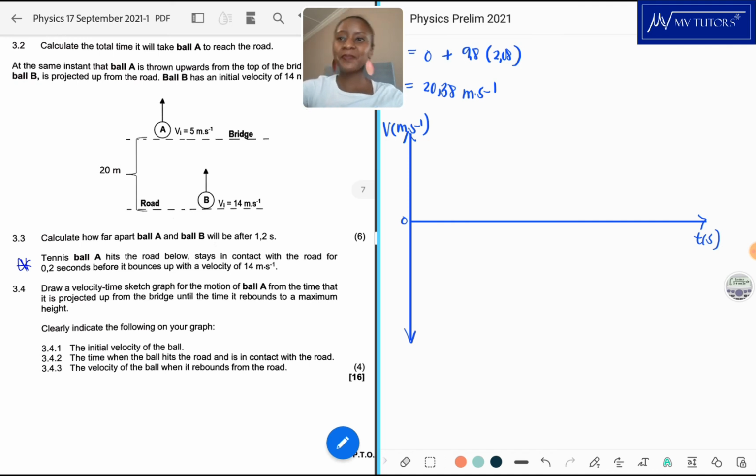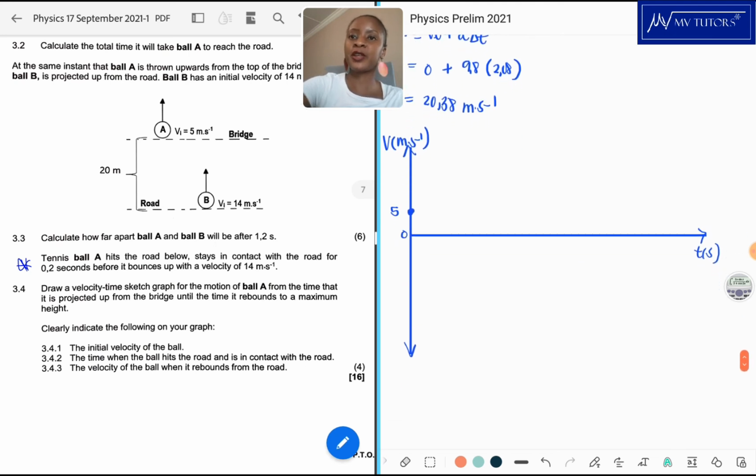So initially, right, it was at 5 seconds. So maybe let me just do it somewhere here. Okay, it was 5 seconds. Okay, and then let me just draw it for you again. We had it there at 5, then 0, then it reached 20.38, then there was a little space, and then 14, and came up again to 0. Okay, so we started at 5, and then we go all the way to 0. Okay, and then from 0,